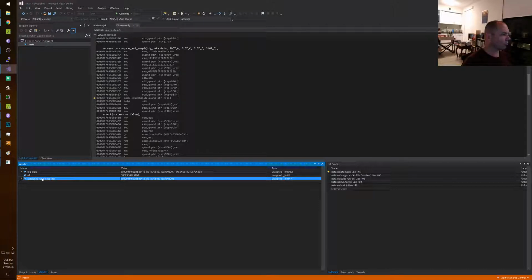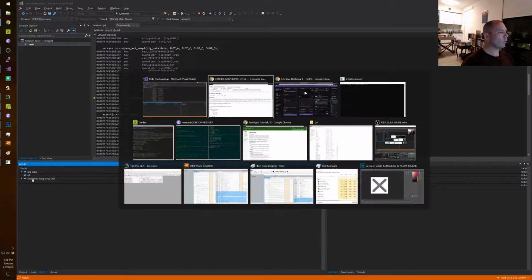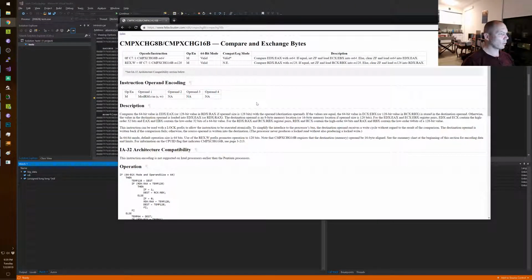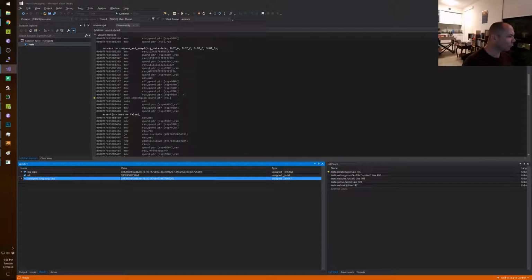I mean, it's able to read the value. Oh wait, is there an alignment on this? That requires the destination operand be 16-byte aligned.